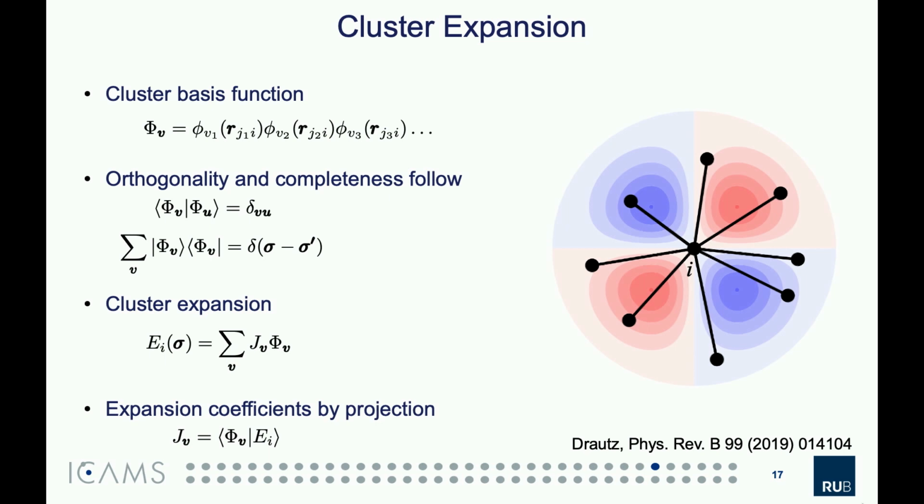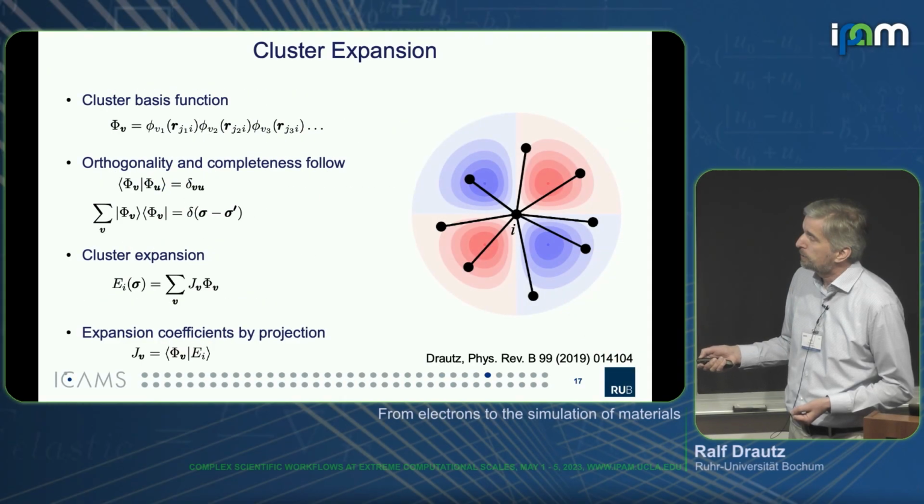And then we take products. In the next step, we take products of these basis functions. So these are 3 pairwise basis functions multiplied together into cluster basis functions. And it's very easy to show that these cluster basis functions are then also orthonormal and complete, which means if we just take enough of these cluster basis functions, we can cast the energy of atom I in a linear combination of these cluster basis functions. Okay, this is expansion coefficients times cluster basis functions, and formally, because everything is linear, we can even project out